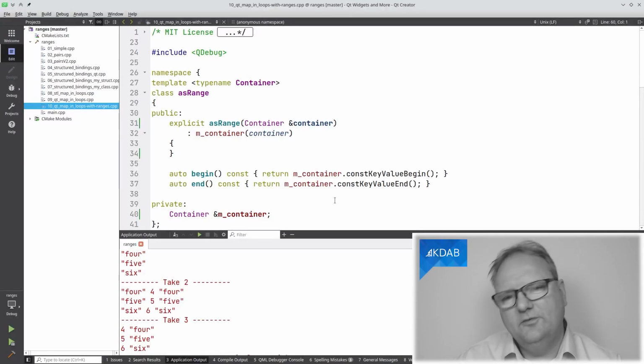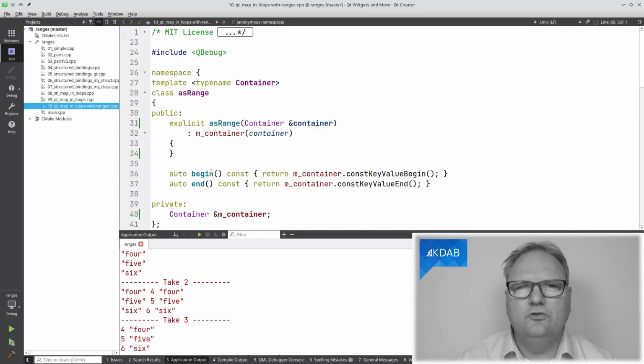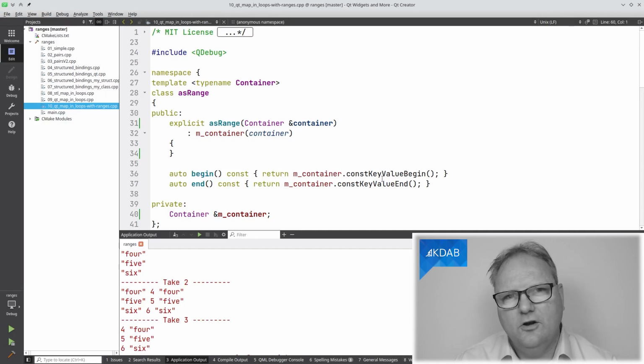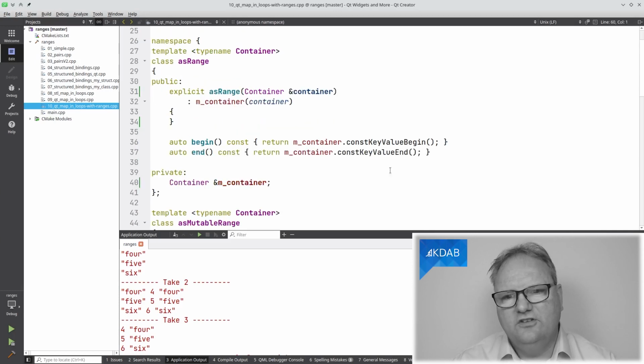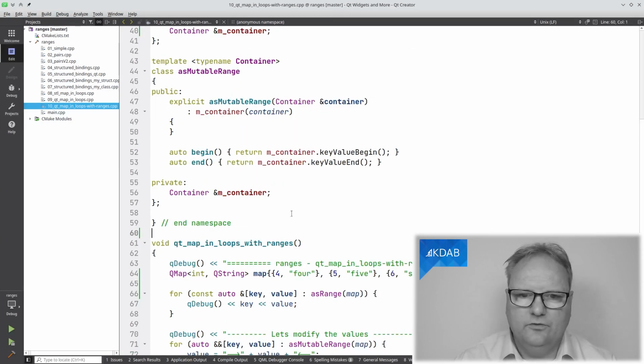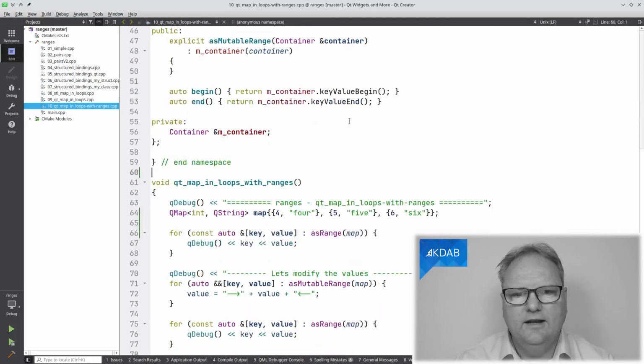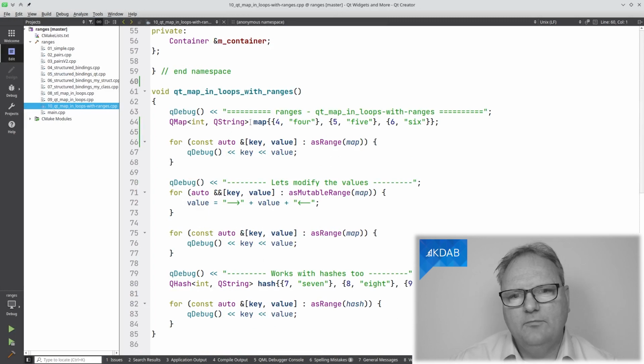And that's what the small instance of me is going to tell you exactly how to get. Yes, that is me. That is a small version of Jesper that knows it all. I create this class called sRange. It's a wrapper around a container, as you can see here, and it implements just these two methods that the structured bindings will be calling to get the iterator, namely begin and end, and they do not provide the regular begin and end iterators, but instead these constKeyValueBegin and constKeyValueEnd. And if we scroll down, there's also a mutable version here that calls the keyValueBegin instead of the constKeyValueBegin.